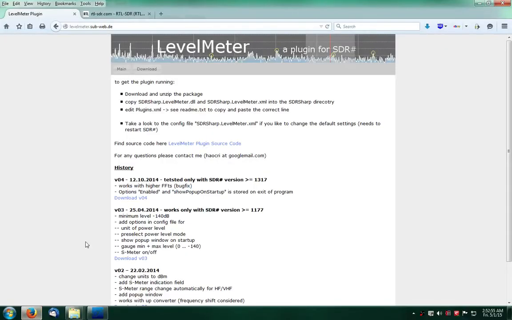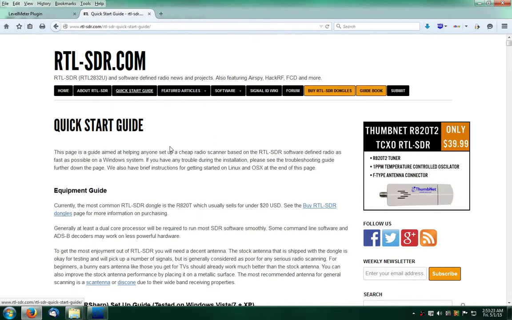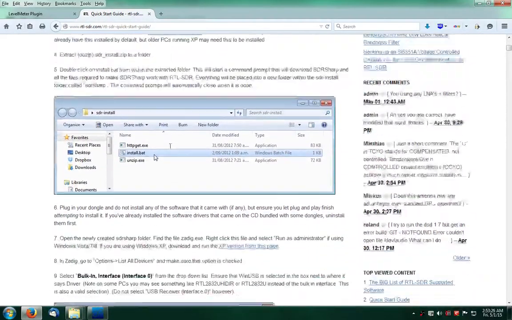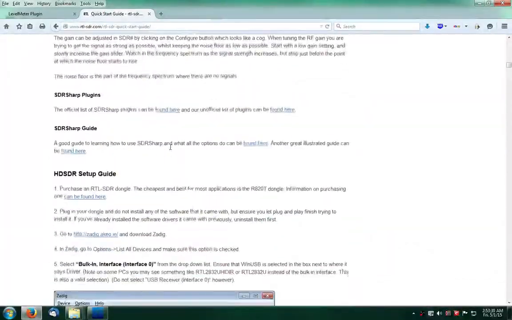I'm going to go back to the web browser. You can find a few plugins on the sdrsharp.com website, but one of the best websites dealing with SDRs is www.rtl-sdr.com. They have all kinds of articles and news. There's a quick start guide which talks about setting up SDR Sharp, which has been the point of some of these videos, but there's other